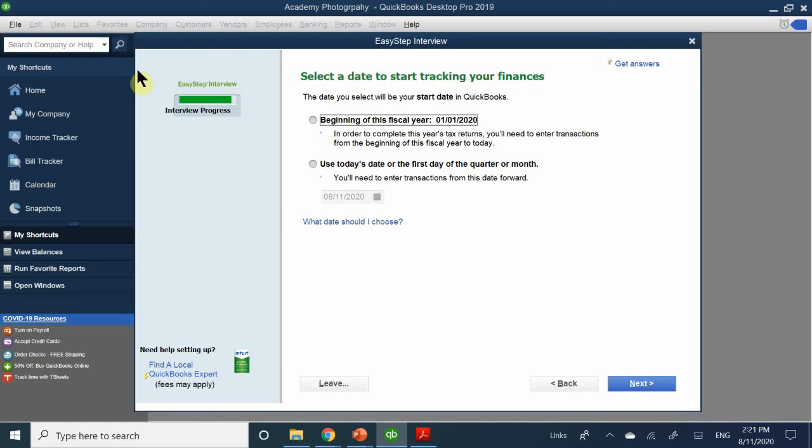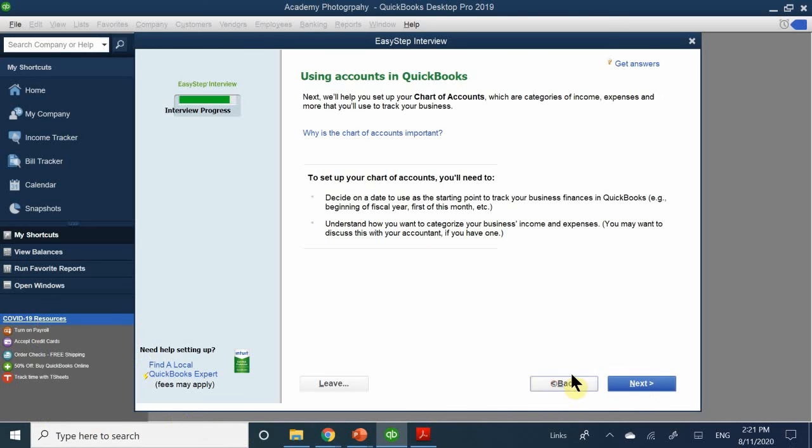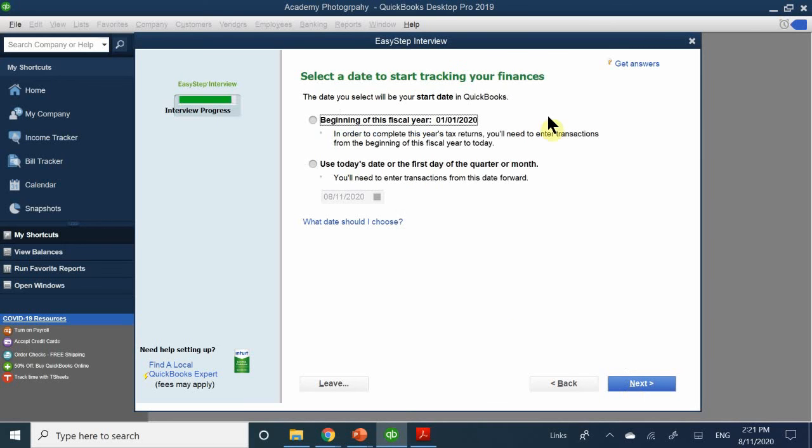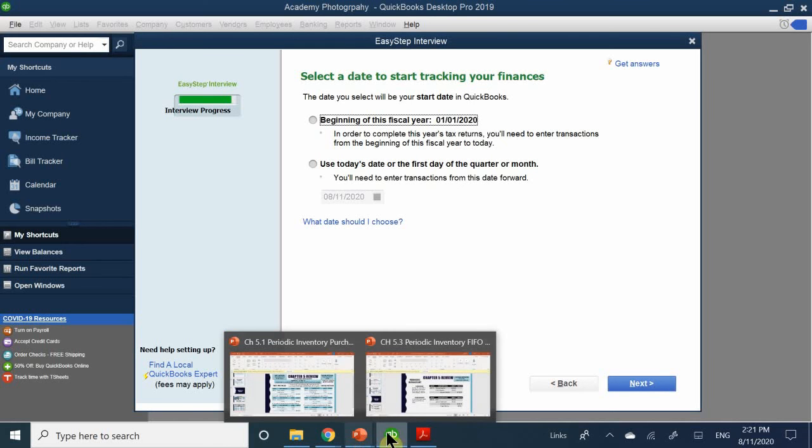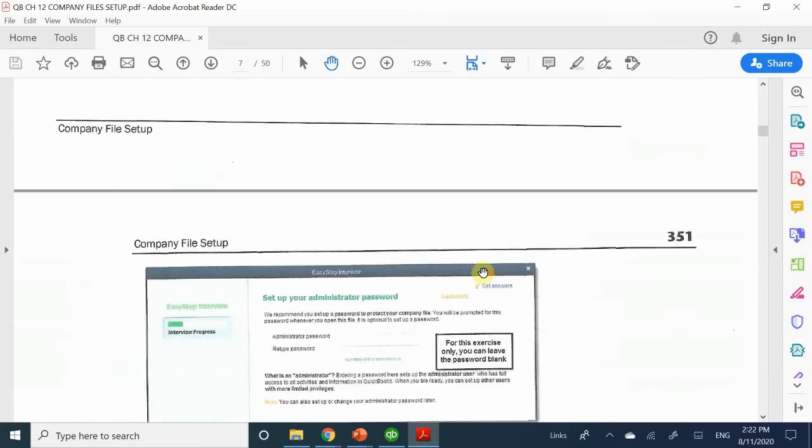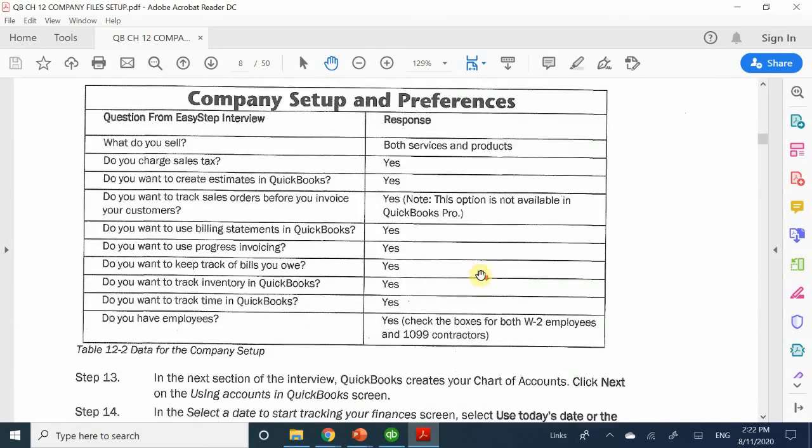Now, this question says, state the date you want to start. Okay, hold on. So this is when we're going to be creating our chart of accounts. But in order to do that, we need to have a start date, which again, when you're determining the start date, you want to know what day you're going to start. Now, if you read your book, I don't know what page it's going to be on, but if you take a peek at choosing a start date, they are going to recommend you to start